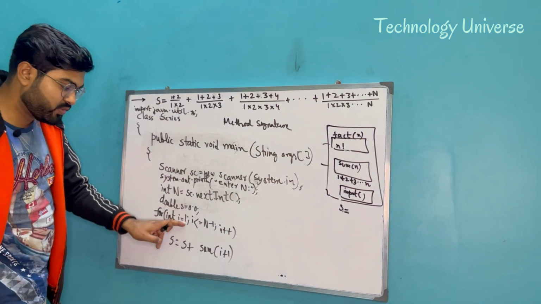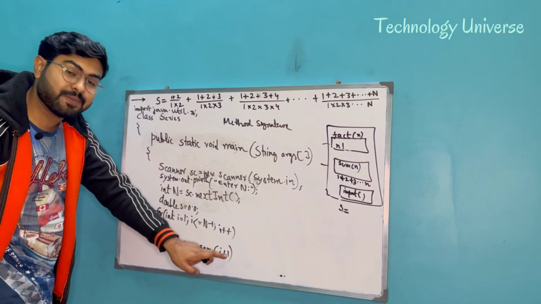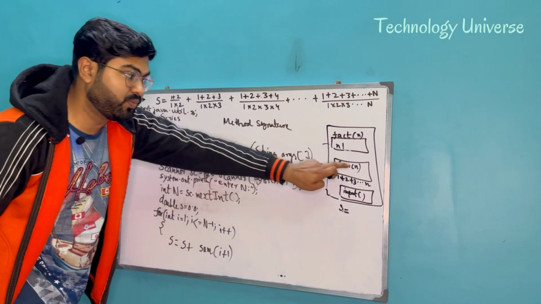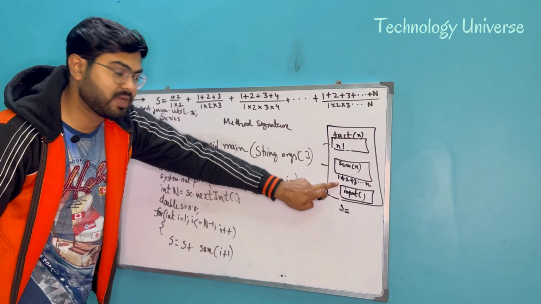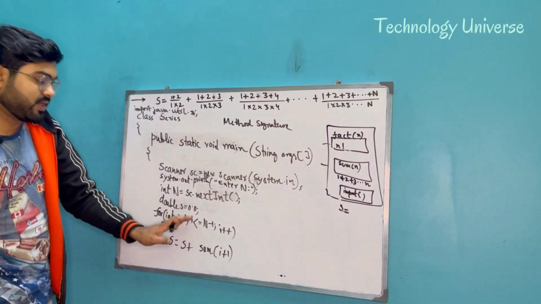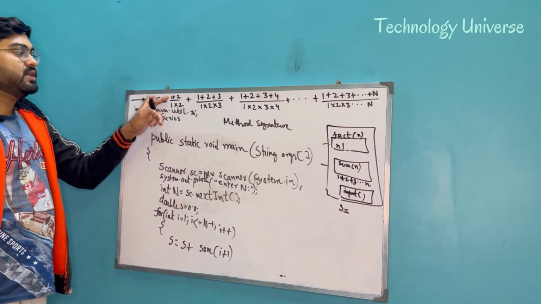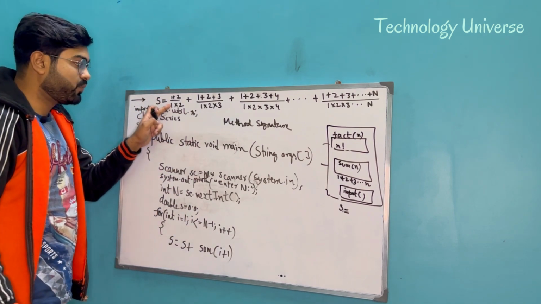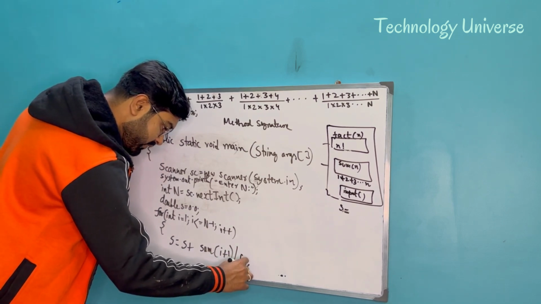See, when i's value is 1, I would find the sum of the natural numbers up to i plus 1, meaning i plus 1 is 2. So I would put 2 here, meaning I would get the natural number sum up to 2. When i is 1, I am doing plus 1, so I am getting the sum of the first two natural numbers. And for the product, for the factorial, I have to divide that with fact